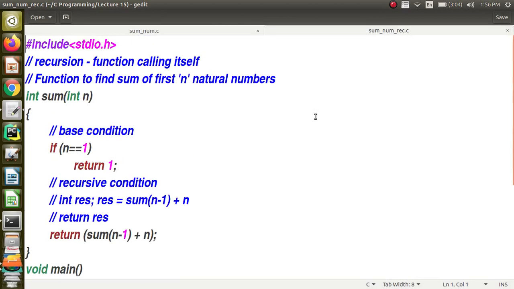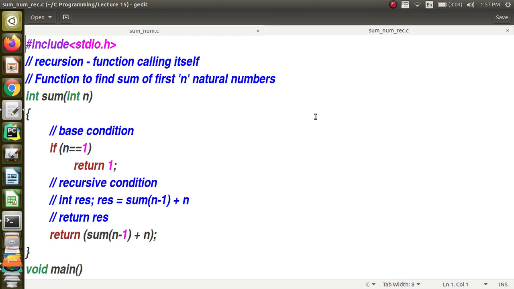All problems cannot be solved by recursion. Only problems in which the solution of a larger instance depends on the solution of a smaller instance, and you can bind them through an operator. In this case, sum of n depends on sum of n minus 1, and we are using plus as the binding operator, and we have bound it with n. If you can find a relationship like this, then we can provide recursive solutions, and recursive solutions are easier to write.